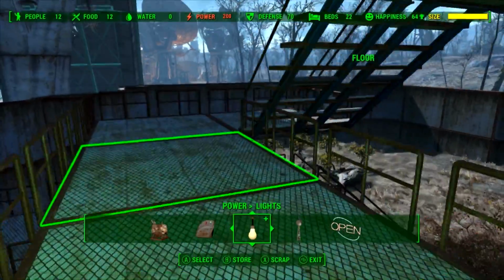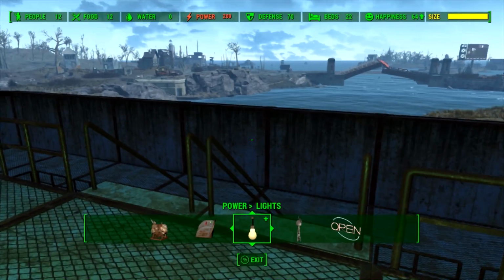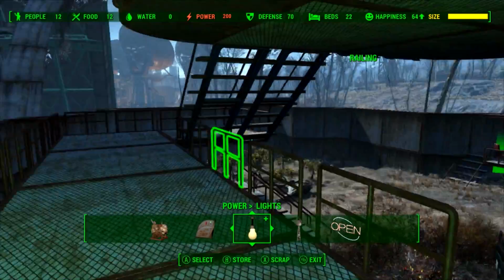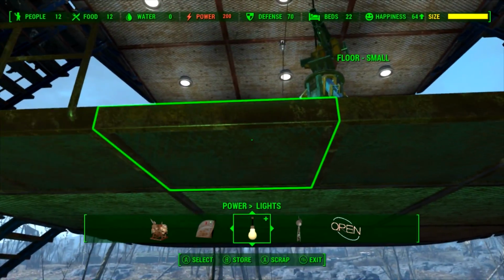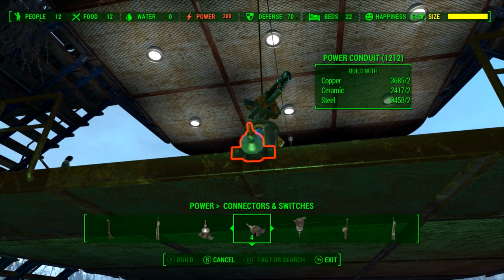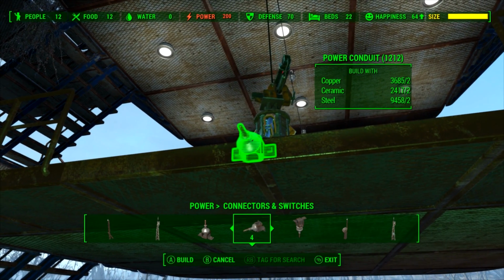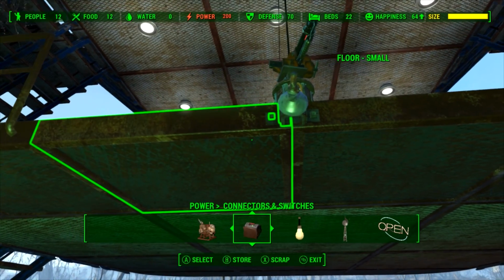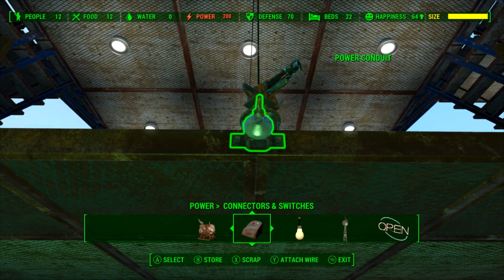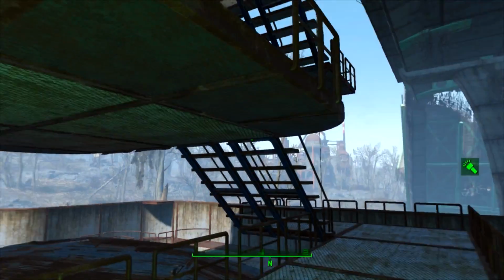Now, where else do we need lighting? Yeah, I'm thinking we need to get some lighting over to this side here. So, possibly a similar trick to what we did last time. Let's place one of these on the front here. Okay, good. Now, I'm just looking at this, and I'm just wondering...